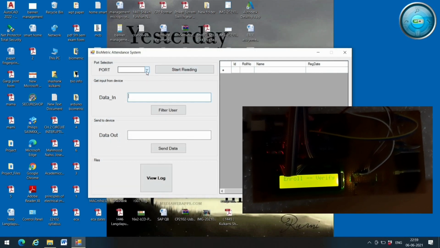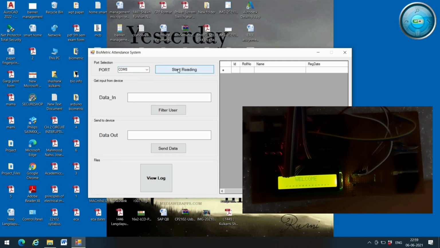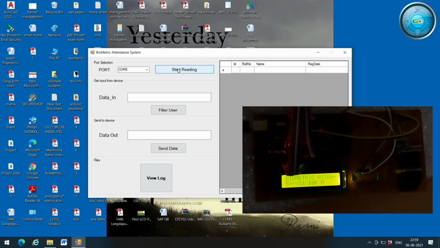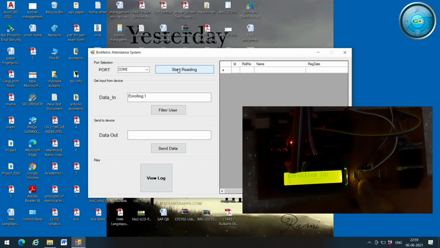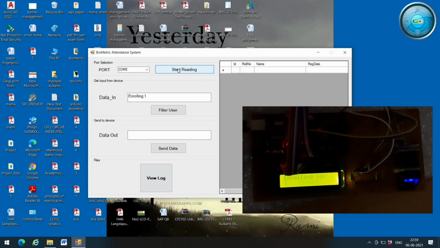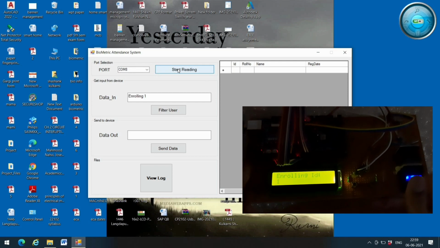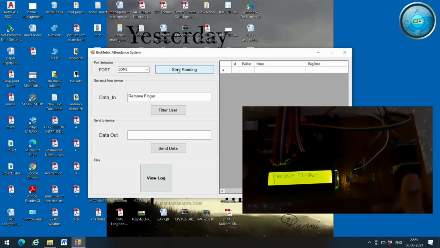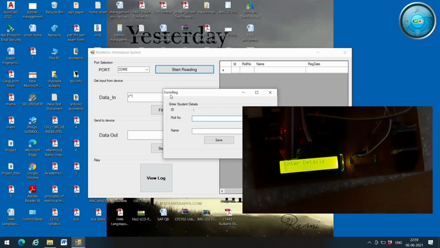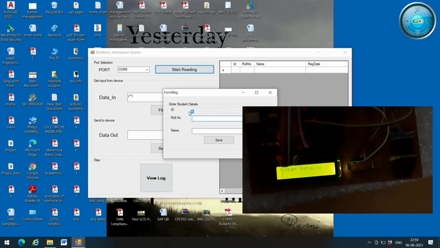Then select port and click on start reading. Now press the enrollment switch. Follow the LCD instructions. Remove finger, put the same finger again. This dialog box opens.